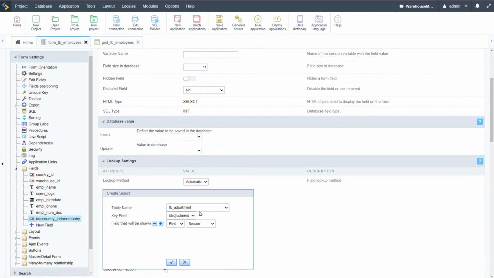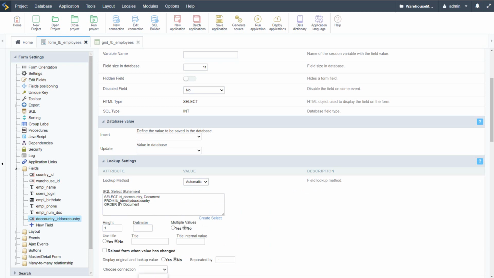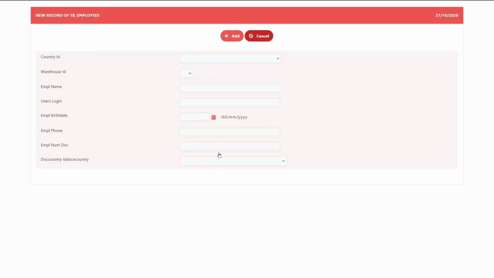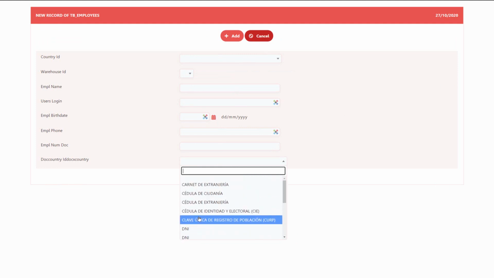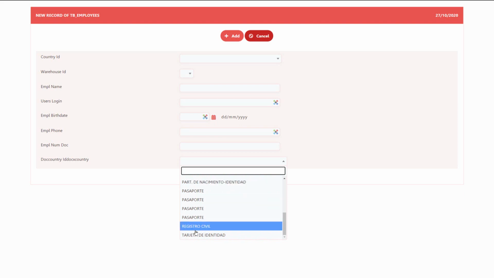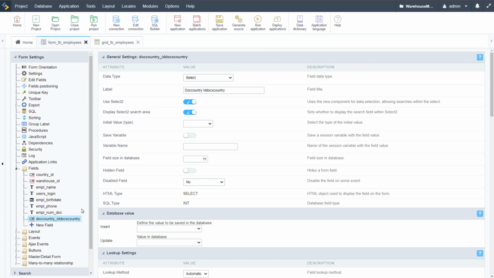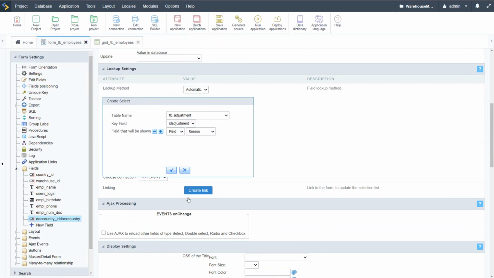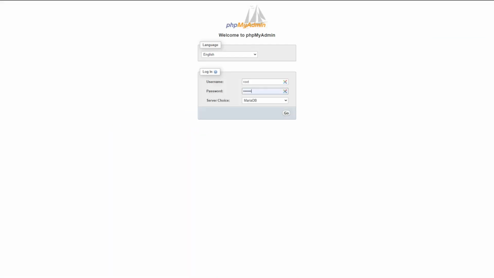So let's change that. As country, create select, docx country document. Yes, choose connection, use title, run. And now our employee form is ready. So we can come here, add new. We can select the type of document. So again, we want to apply here the Ajax. So let's go ahead and do that so that we have the correct documents per country that have been selected, displayed here. So here for this table, if we have a look here at the selection within the database,